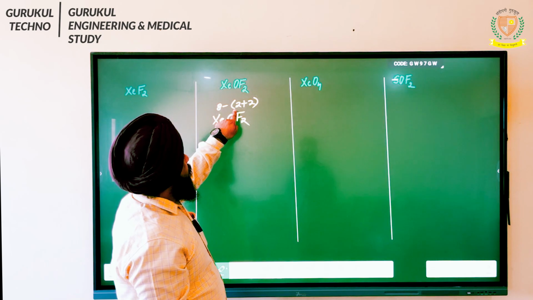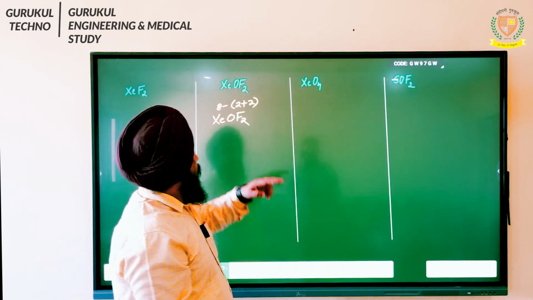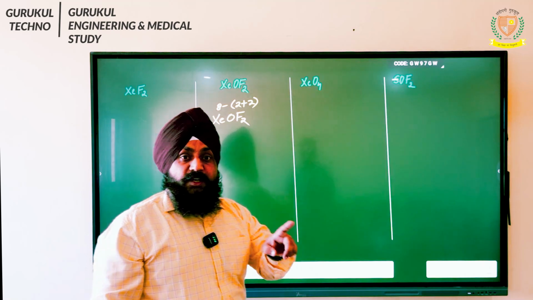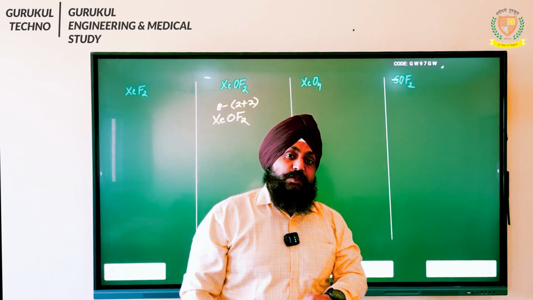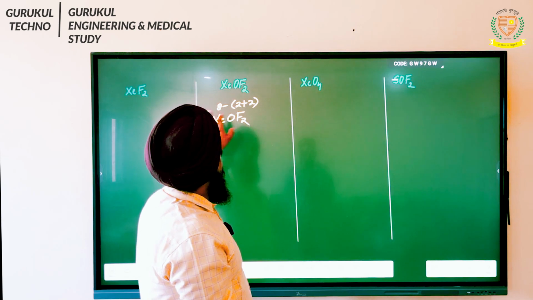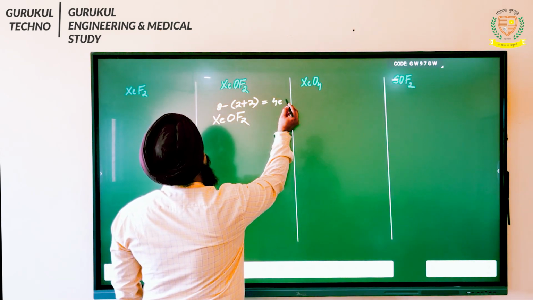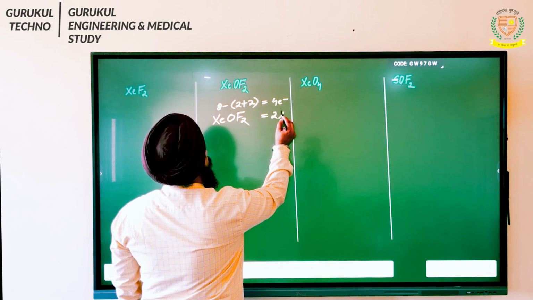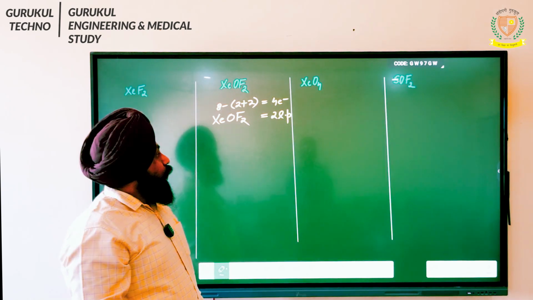Why minus? See, here I have written 2 because oxygen shares 2 electrons, and 1 fluorine can share 1 electron. So there are 2 such fluorines, so it will be 2 plus 2. So students, it will be 8 minus 4. So here you will be having what? You will be having 4 electrons, which is going to be 2 lone pairs. Okay, which is going to be 2 lone pairs.